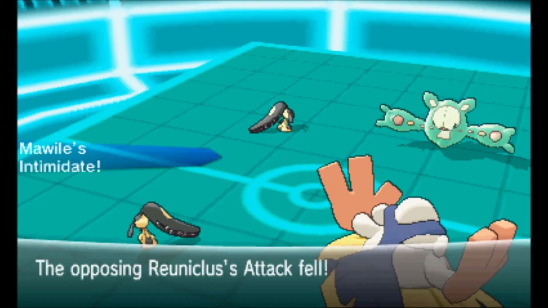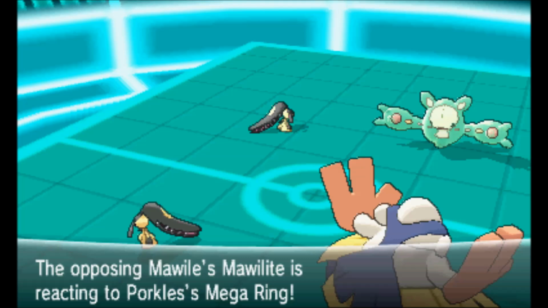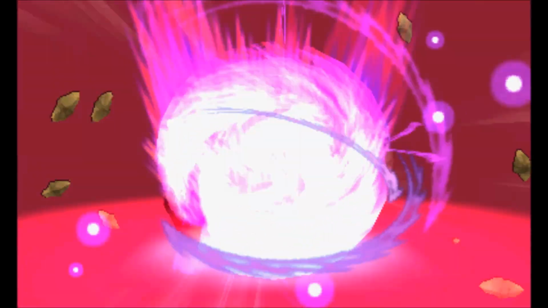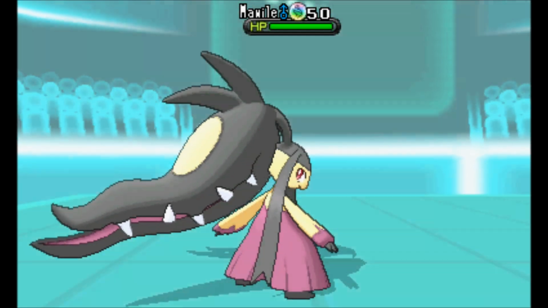So now I'm up 4-3. Hariyama's intimidated twice from his Mawile, but I bring in my Mawile here to intimidate his Mawile. So many Mawiles in VGC 2014. His Mawile is finally going to Mega Evolve, so it loses Intimidate, but at this point it's just going for